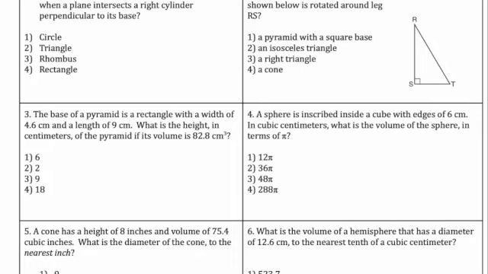Assessment. Let's take a look at it. Our end of Unit 5 assessment review. Number 1, which two-dimensional figure is always formed when a plane intersects a right cylinder